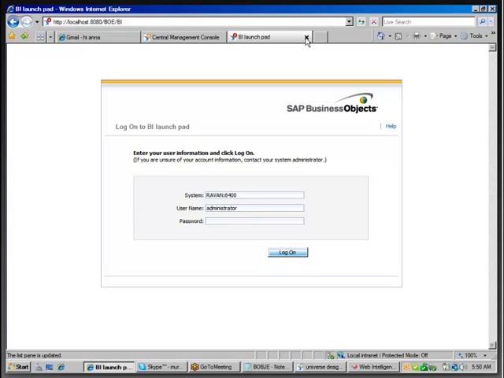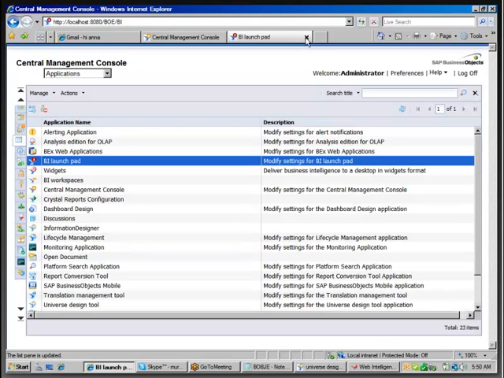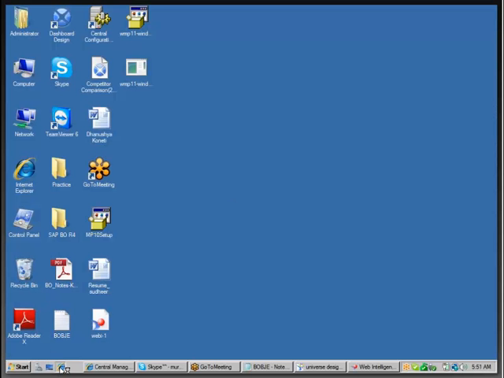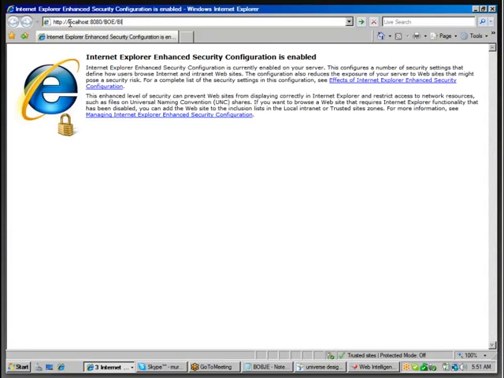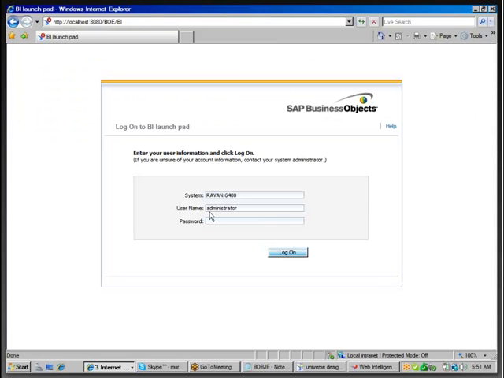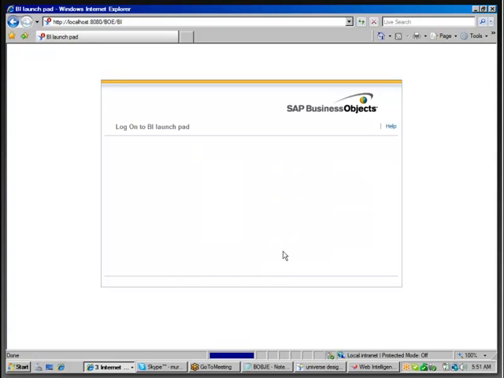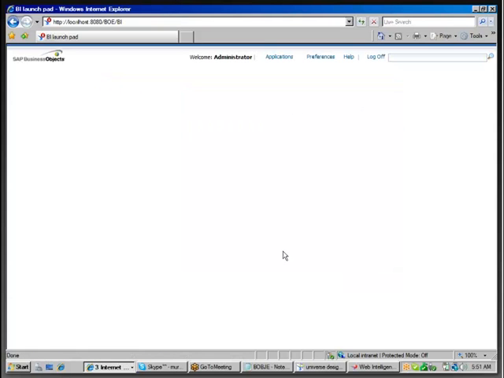They will open a browser in their local system. In the browser, they will type the URL for BI Launchpad, and they will enter their username and password, not the BO username and password. Once they click log on,